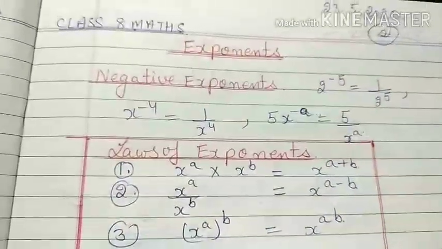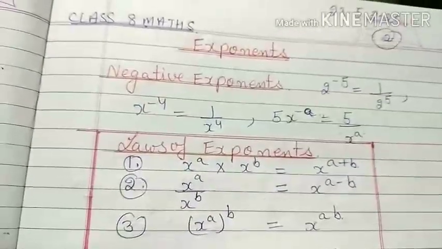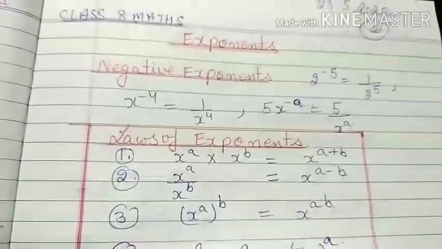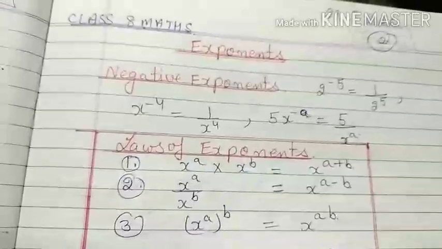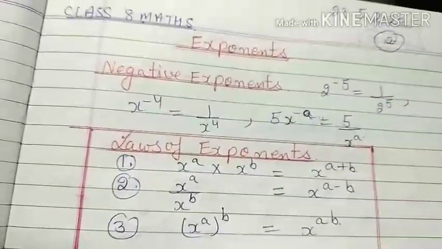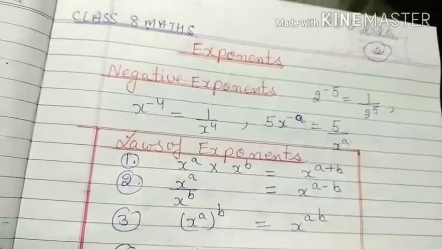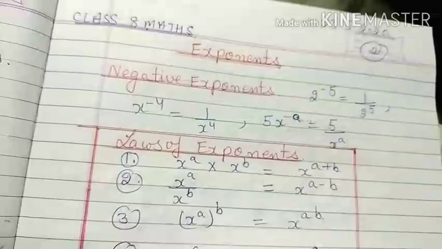Here we will do exponents. You have already done some exponents, and you know very well about that. What is the exponent? Exponent means raised to power. So why do we need exponents? Actually, an exponent is a convenient way of writing repetitive multiplication. The plural of index is indices, we call it.